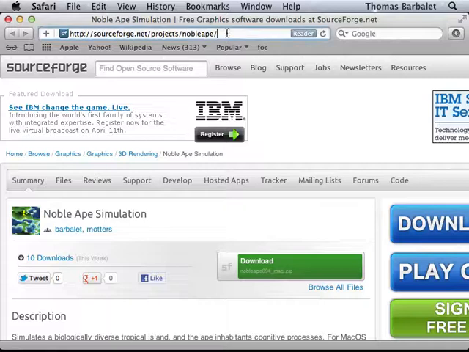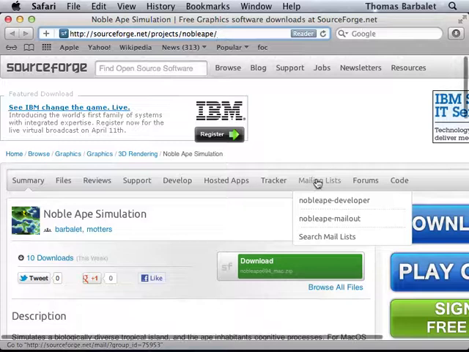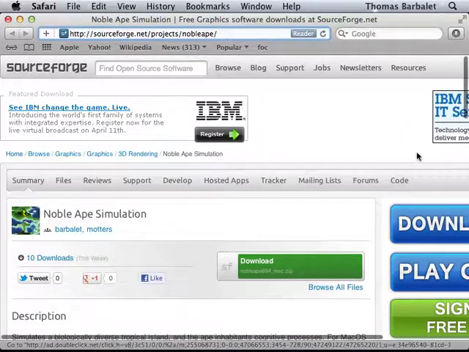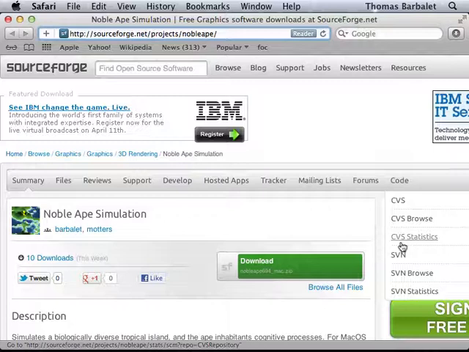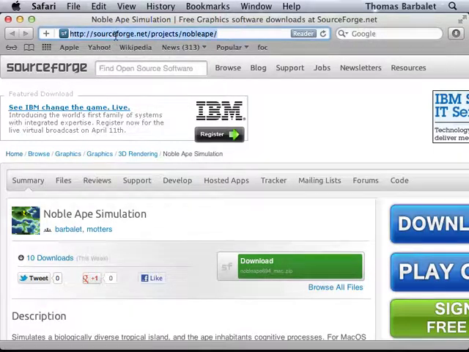This is a quick video about how to build the command line version of the Noble Ape simulation and some of the amazing stuff that Bob Mottram has been doing with the command line version. So, let's get started. You'll want to come to the Noble Ape simulation SourceForge page, sourceforge.net,